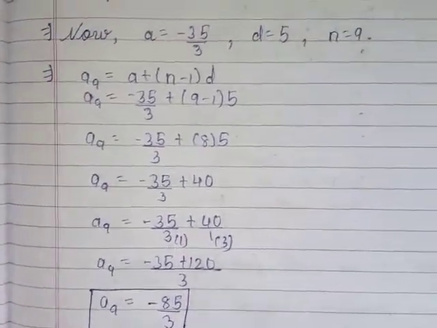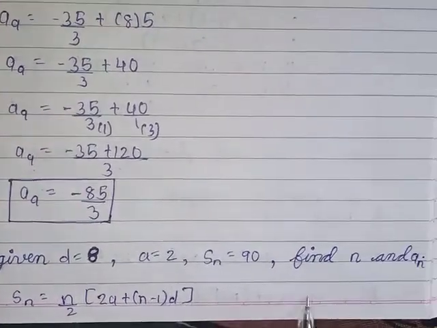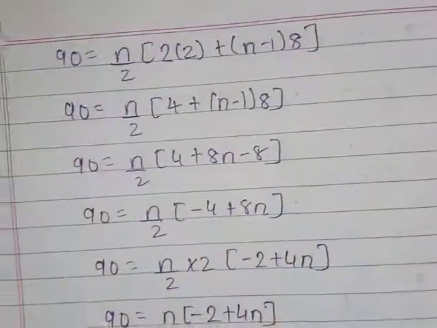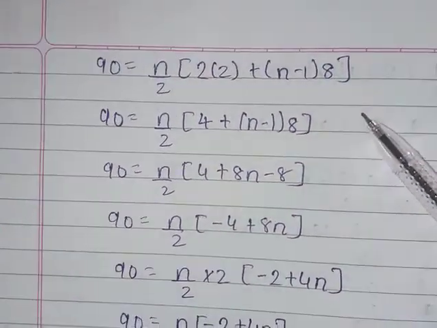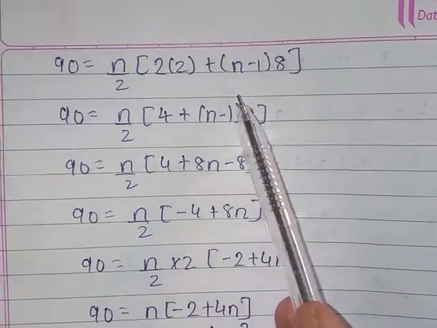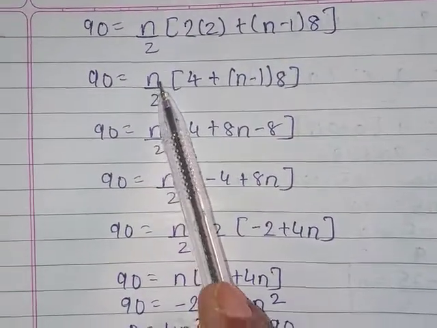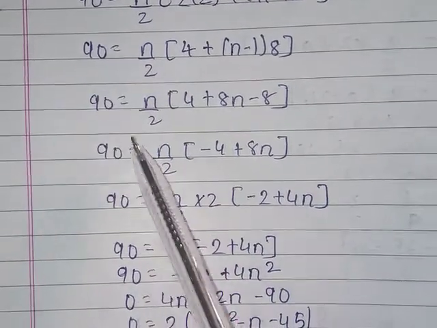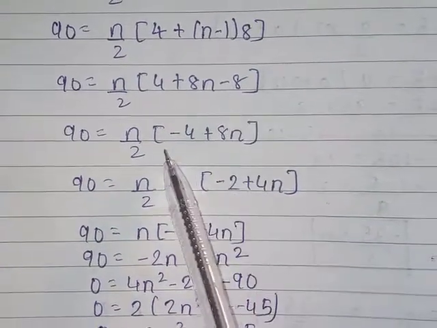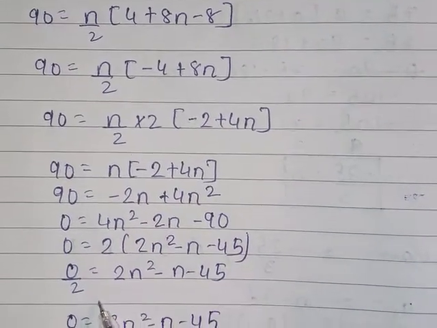Like this, only two formulas are used. You can continue like this. See this in the video, and if you have any doubt, then you can ask me. So like this, you can substitute. Here is a multiplication. The relation of n and 2 is division, so it will multiply. You will have to simplify this.